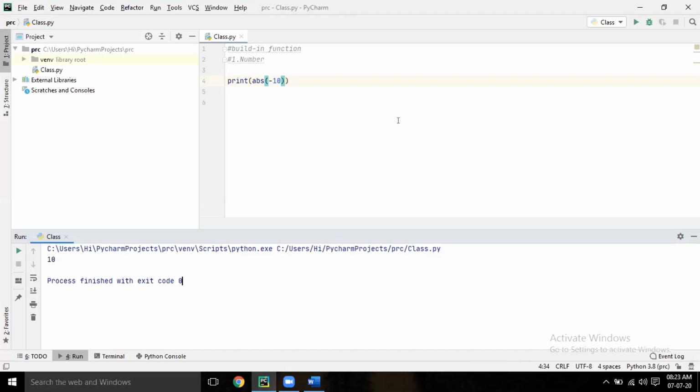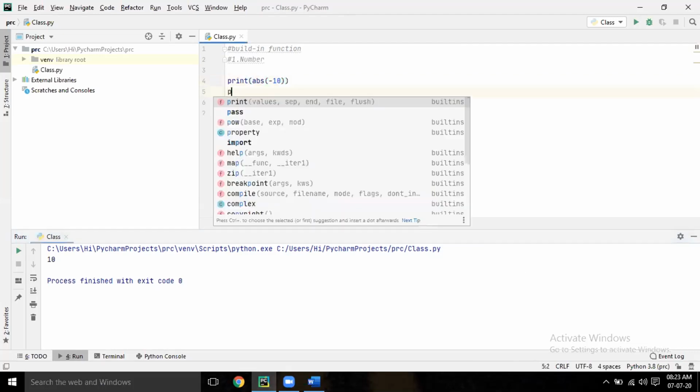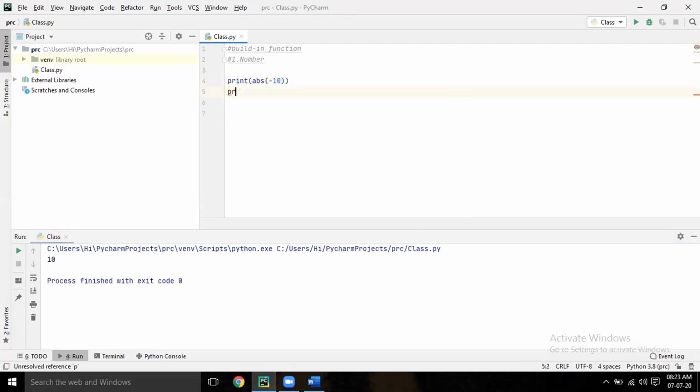Next, write print CEIL within bracket 10.267.